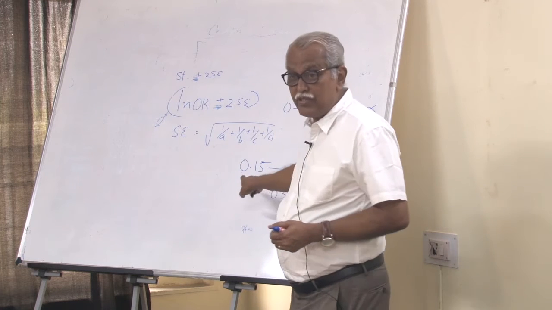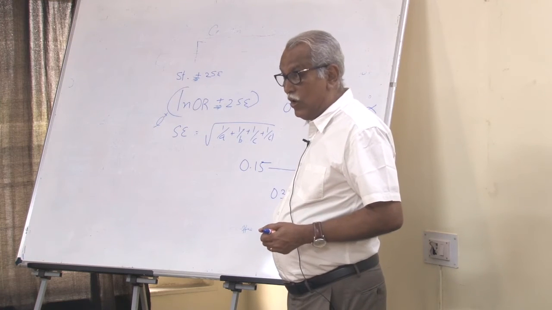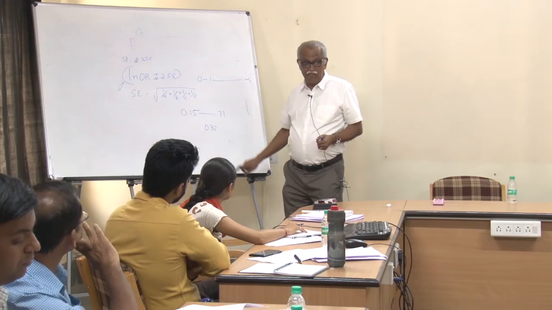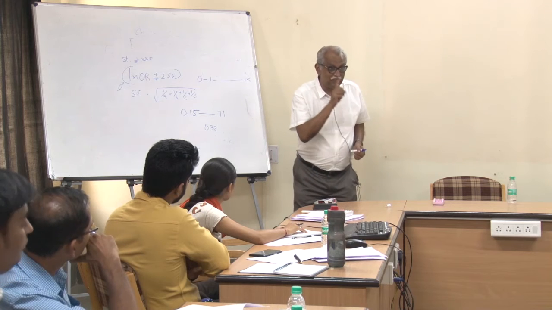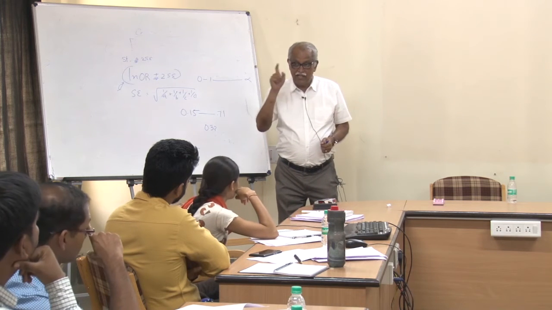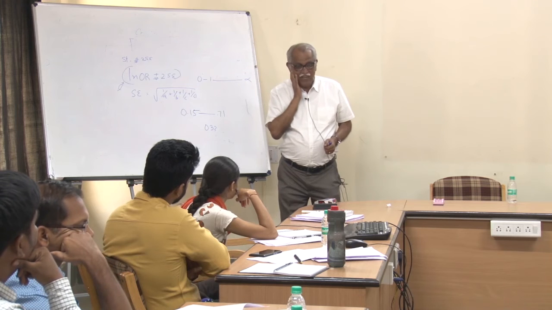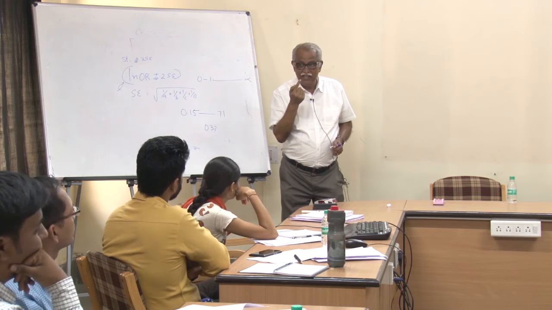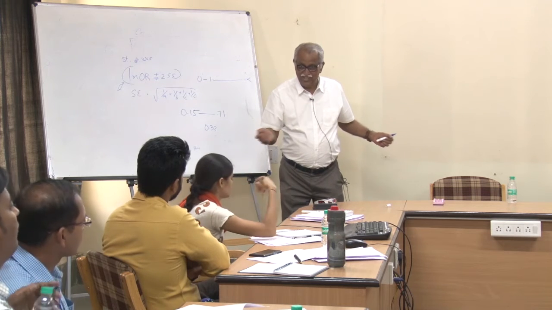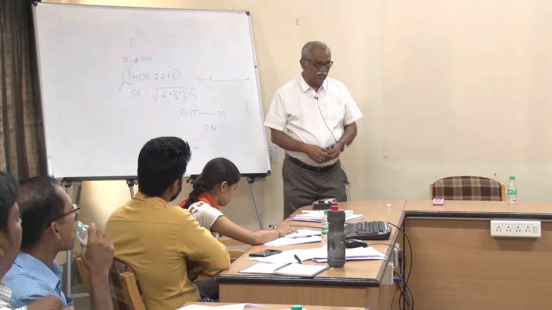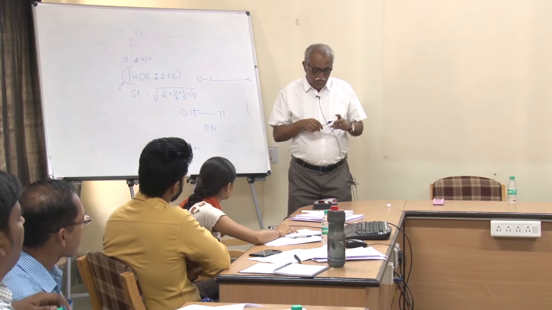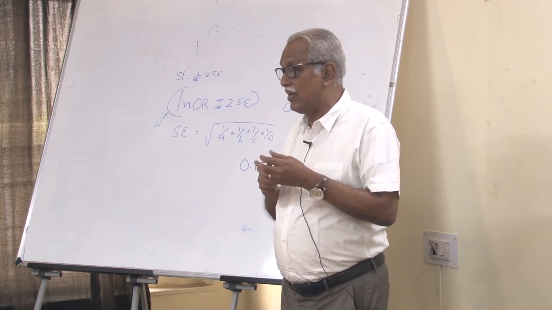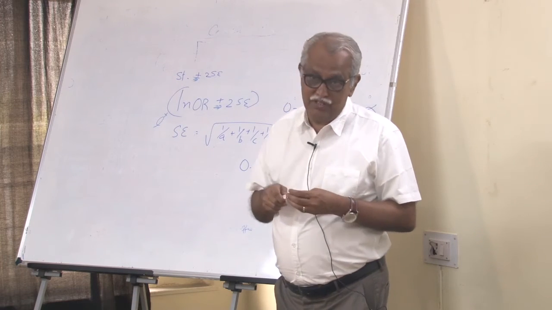And look, here you're more interested in the upper level. Is the upper level touching 1? If the upper level includes 1, above 1, then what happens? The true parameter may be 1, which is no association, no protection. So that means you conclude our study did not show any statistically significant association between BCG and protection against tuberculous